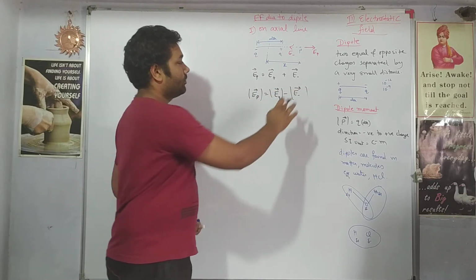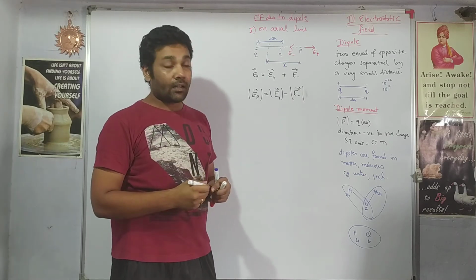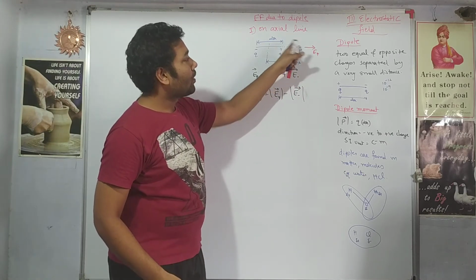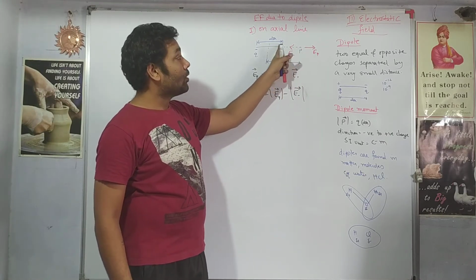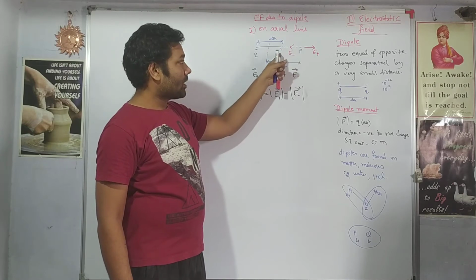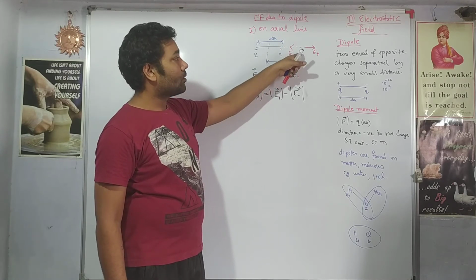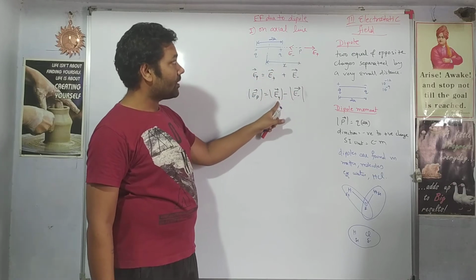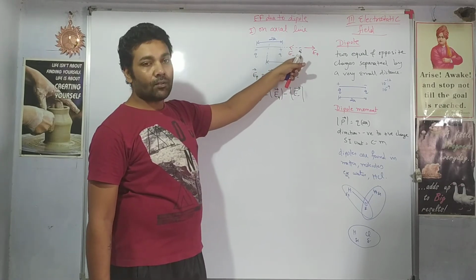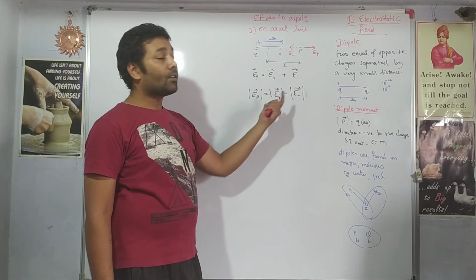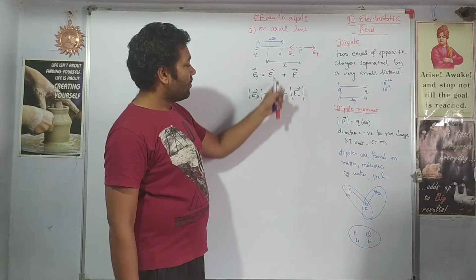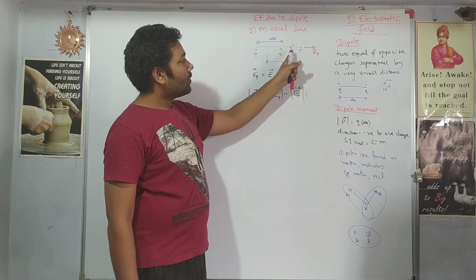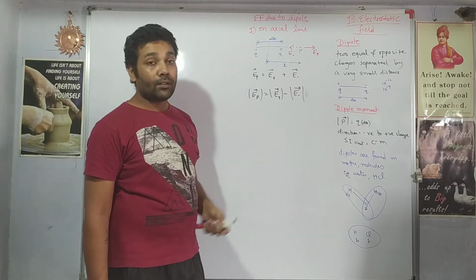Is it correct? Yes, obviously it is correct. See, we have a positive charge closer to P, so it will dominate, right? Positive charge will have more domination at point P. So we have written it first, and minus the negative charge. If you take it in the reverse order, then the equation will get reversed. So the electric field at point P is due to positive charge minus negative charge.